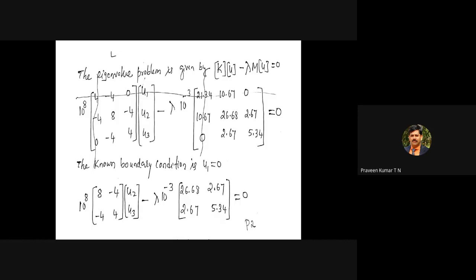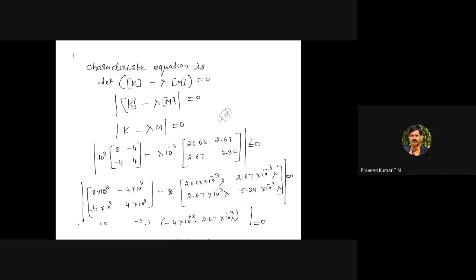So then, as the boundary condition is given, you have to eliminate the first row and first column. There is no zero boundary condition, it is like a zero boundary condition. Just eliminate the first row and first column. Then apply it here and try to get the unknown parameters. We will discuss this in the next class.